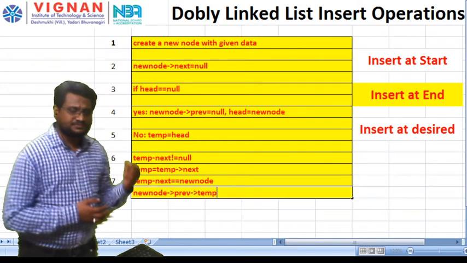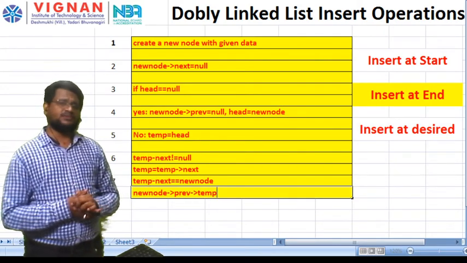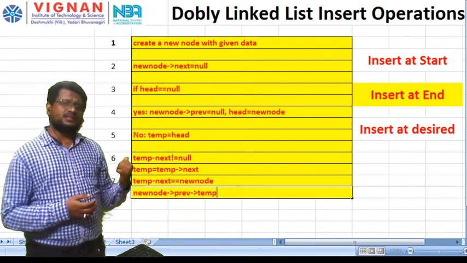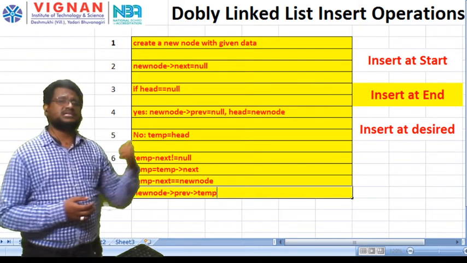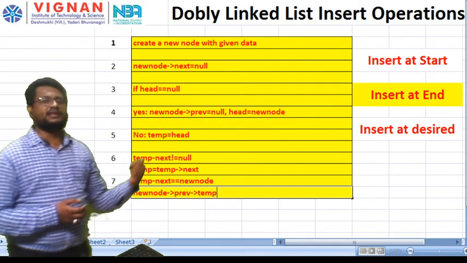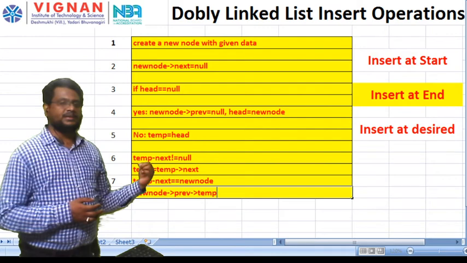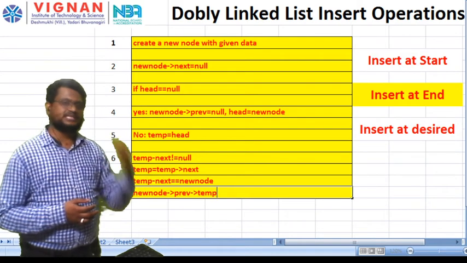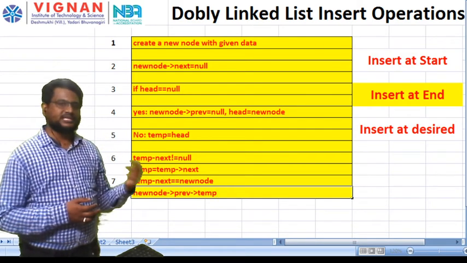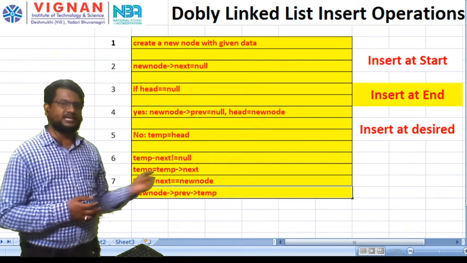Now in the sixth step, I am checking whether the temporary next element is null or not. If it is not null, then the temporary variable stores the next element. Temporary stores temporary next value.